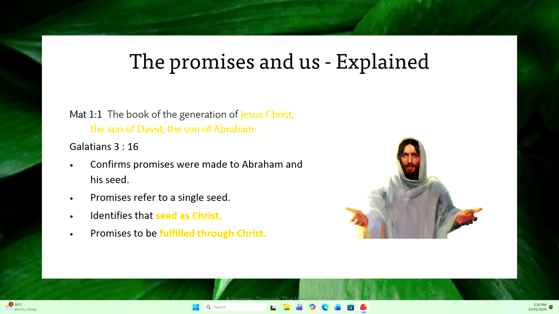And then Galatians in particular really helps us to unlock what is meant by these promises and the seed of Abraham inheriting the earth forever. Those that have got their Bibles, let's have a quick look at Galatians 3, starting at verse 16. Now to Abraham and his seed were the promises made. He does not say, and to seeds, as of many, but as of one, and to your seed, who is Jesus.